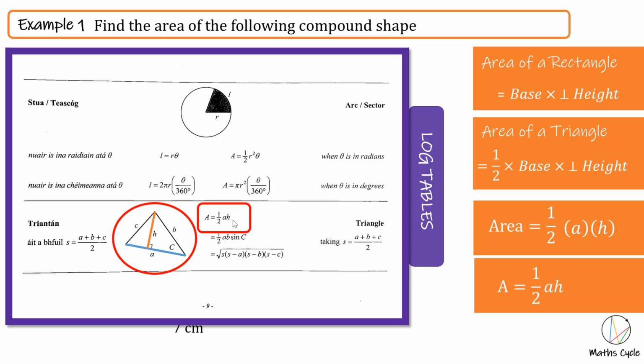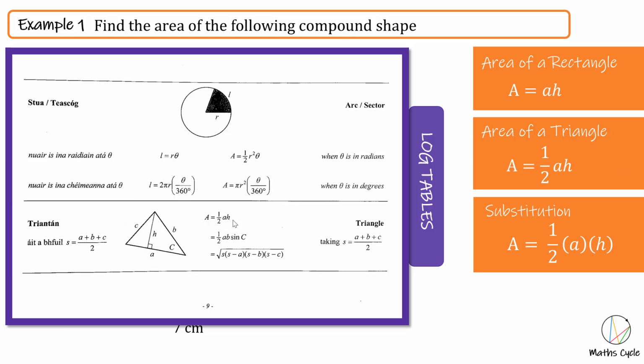So now if you look on the right hand side, what do I have for my question? I now have that the area of a rectangle is A equals ah, the base by the perpendicular height. The area of a triangle is half ah, half the base by the perpendicular height. And then for substitution, we'll be using brackets. So the area of a triangle will be a half times a times h using brackets. Okay, so to do the question then,